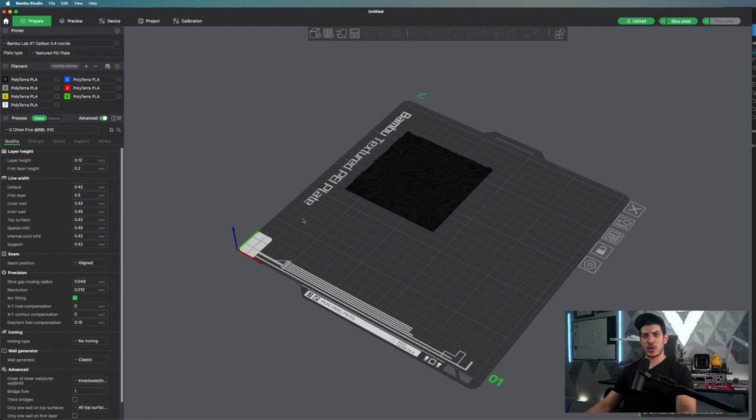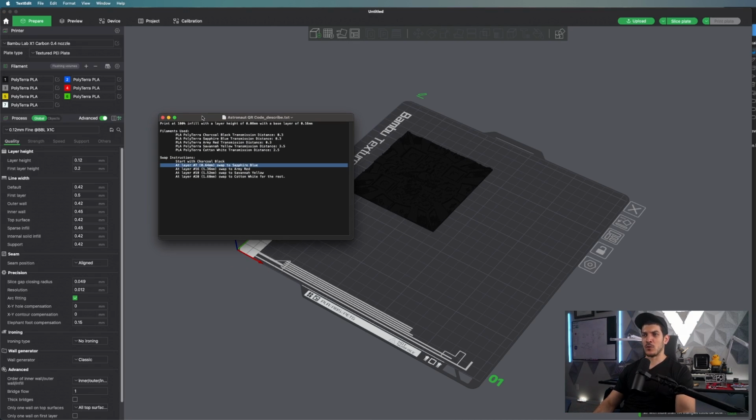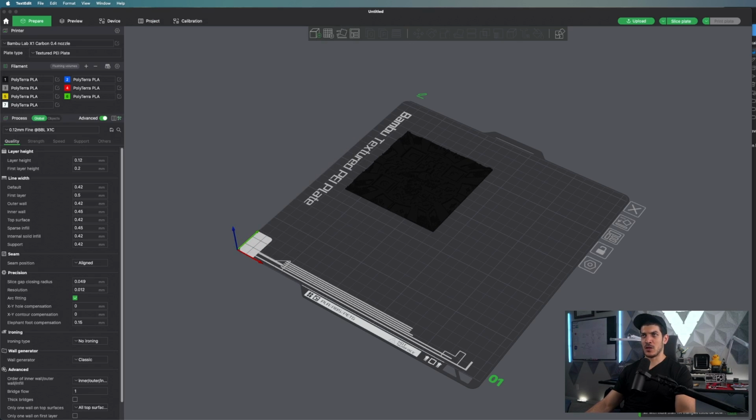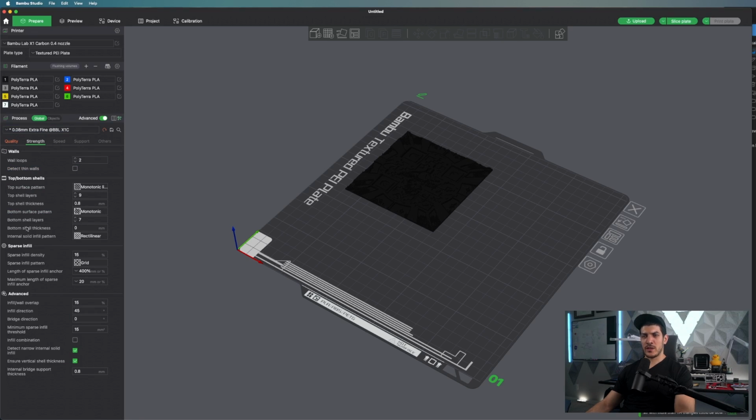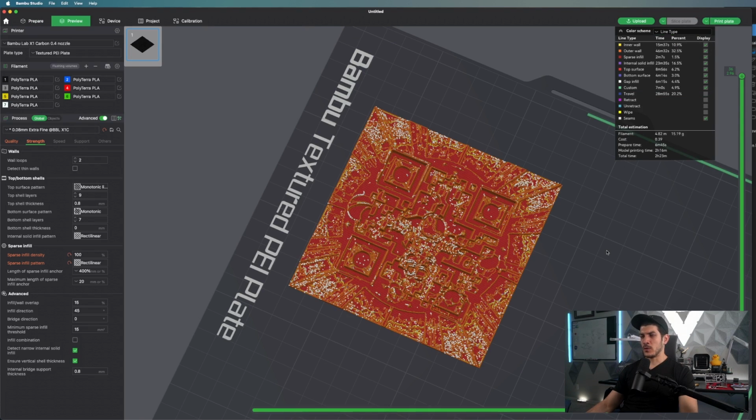And let's follow the instructions that HueForge gave us. So starting from the very top, print at 100% infill with a layer height of 0.08 millimeters with a base layer of 0.16 millimeters. Okay, so let's select the 0.08 millimeter profile as a base. In the layer height, the first layer is 0.16. In the strength tab, let's make the infill 100%. We're going to be asked to change to a different infill pattern. Just click on yes. The next step is to click on slice plate,